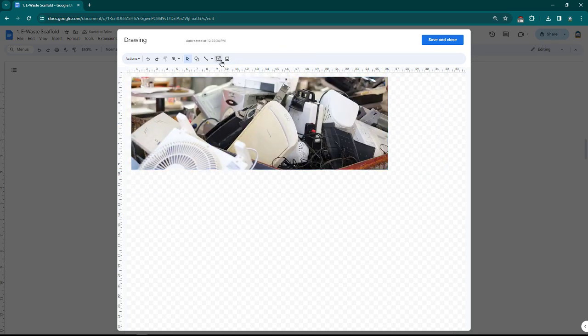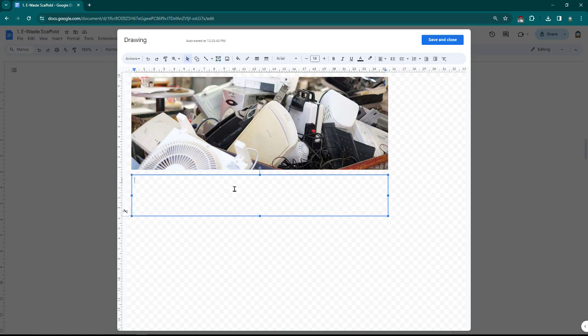And then what I'm going to do is add a text box. I'm going to draw that text box just below, because in geographical reports, we like to have captions underneath images. Now, Google Docs doesn't have a function to actually do this. This is sort of the easiest way. Now, I've got this image here and we need to name it. So we always name our images just in terms of figures, right? So I'm going to call this figure 1 and I'll put it in red so that you can see